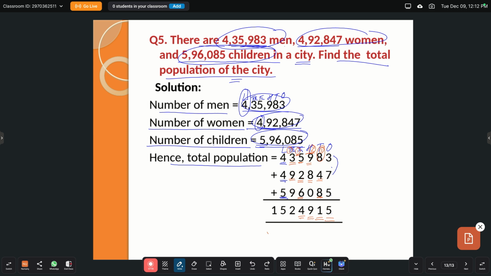What is beta 3 plus 9? It is 12. Okay. What is 12 plus 9, beta? It is 21. And 21 plus 1 is 22. I will write 2 here. 2 will be carried over here. Okay. What is 4 plus 4? It is 8. What is 8 plus 5? It's 13. And I will add this carried over 2 to this 13. What is 13 plus 2? It is 15. Okay. So the total population, the total number of people who live in this city, it is